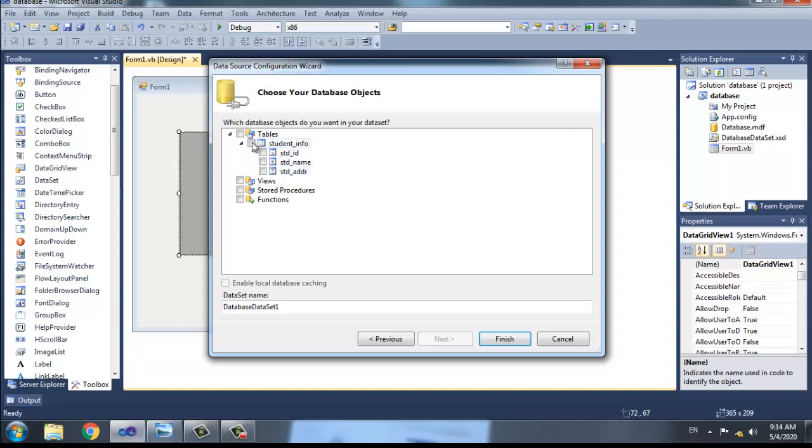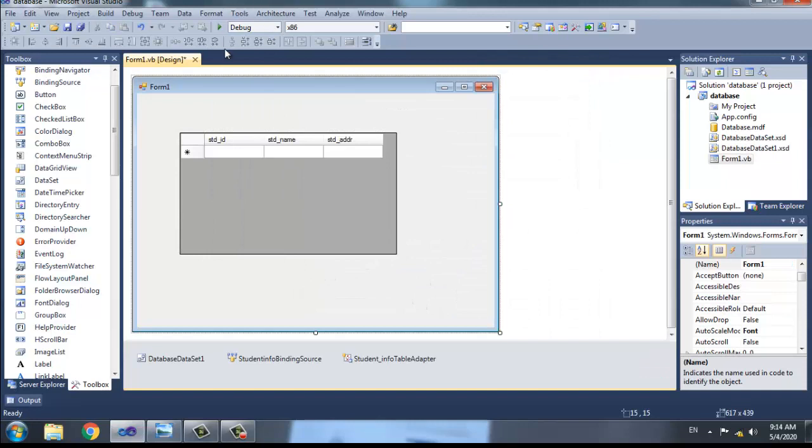If I want to fetch all columns, then select checkbox from student info. If I want specific columns, for example I want student name and student address, then I will select manually from columns. Okay, right now I want all columns to fetch, that's why I select all columns. Okay, click on finish.